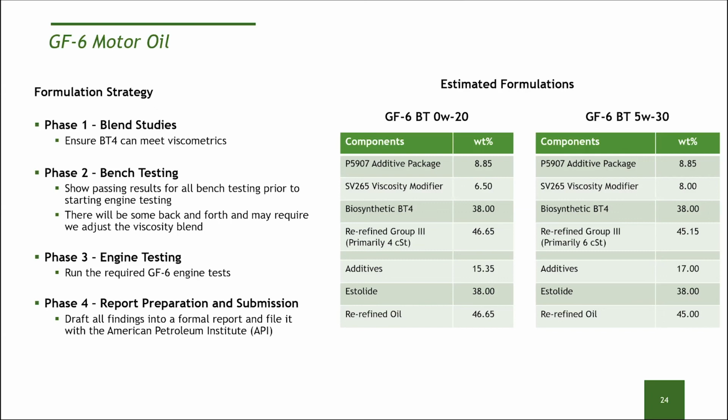We have some very early results on this. We are able to blend these in specification. They've passed the cold crank, MRV, and viscosities. So from a bench testing perspective, we're feeling pretty confident that we've got the right formulation. And now we're working on what it would take to put an engine testing package together down the road. But really the goal here was to, once again, highlight the estolide in a wide array